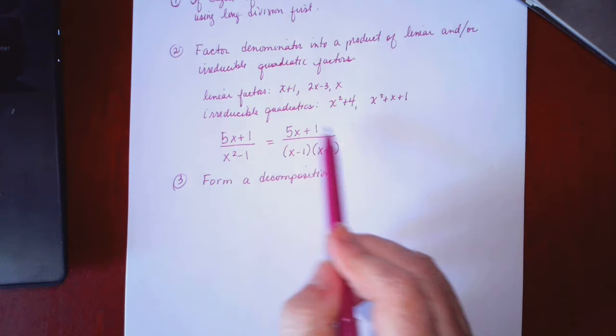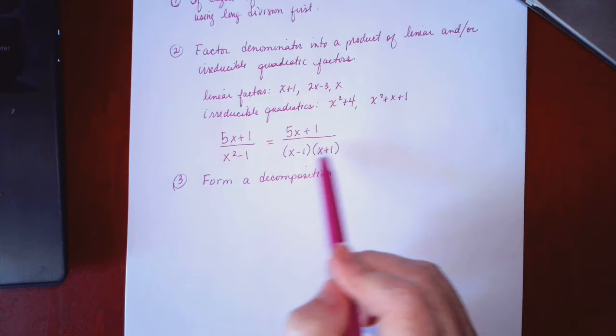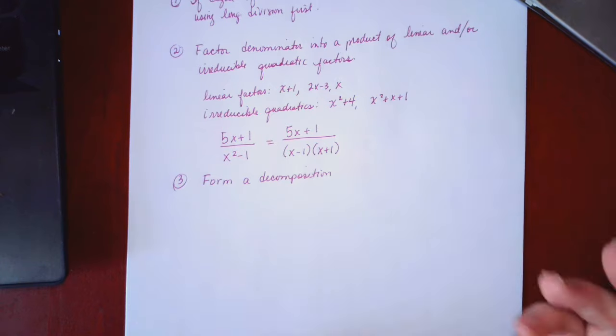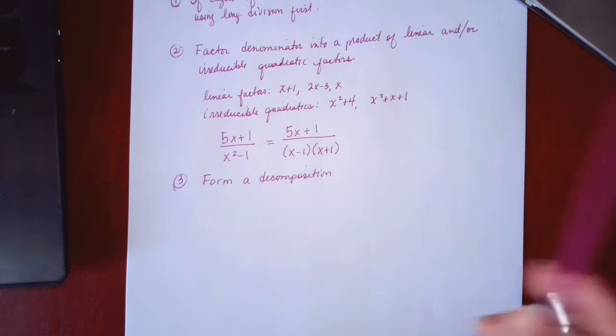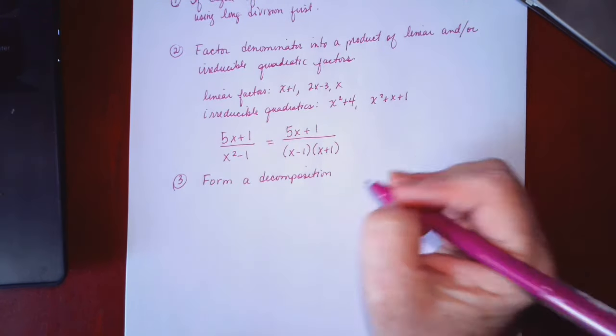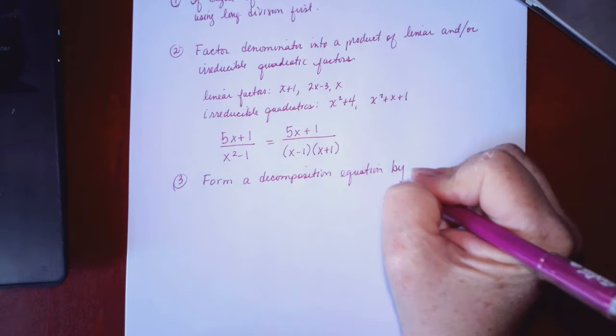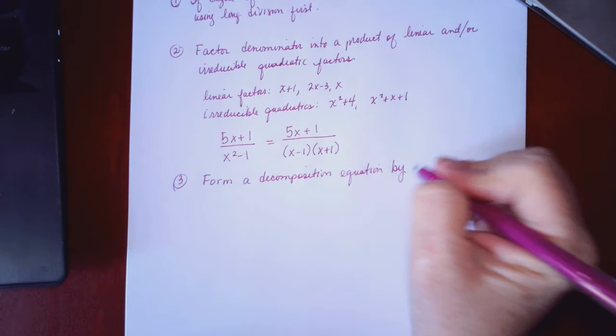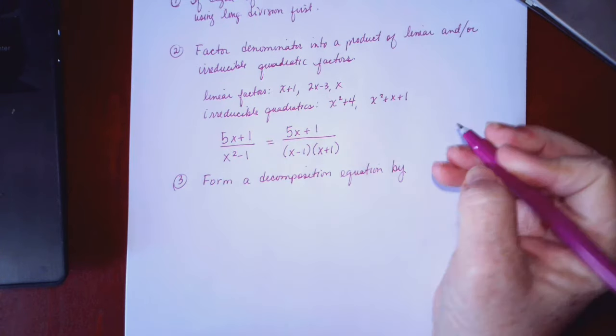What we're really looking for is two or more fractions that when I add them together or subtract them from each other, I get this fraction. Now there's lots of possibilities out there. The process that we're going to do is just going to find us one of them. So we're going to form a decomposition equation by setting the original fraction